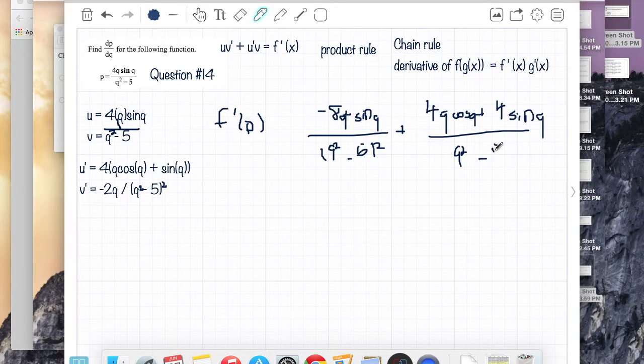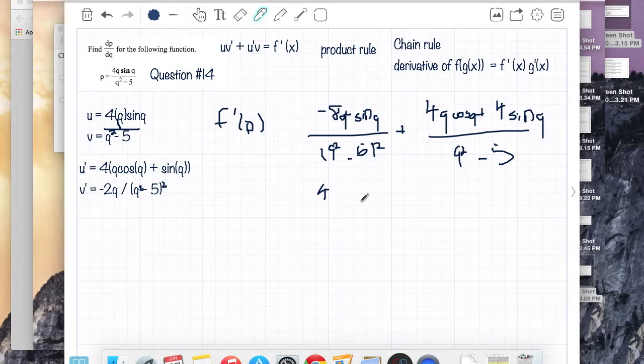So we could just leave this essentially as the derivative if we really wanted to, but we're going to simplify it further in order to satisfy the answer of this question, even though it's already technically correct. We see in the denominator that this side has q squared minus 5 all squared, and this one's just q squared minus 5, so we're going to stick all of these under the same denominator. So what we're going to do really quickly is just multiply that by q squared minus 5, and we're going to get